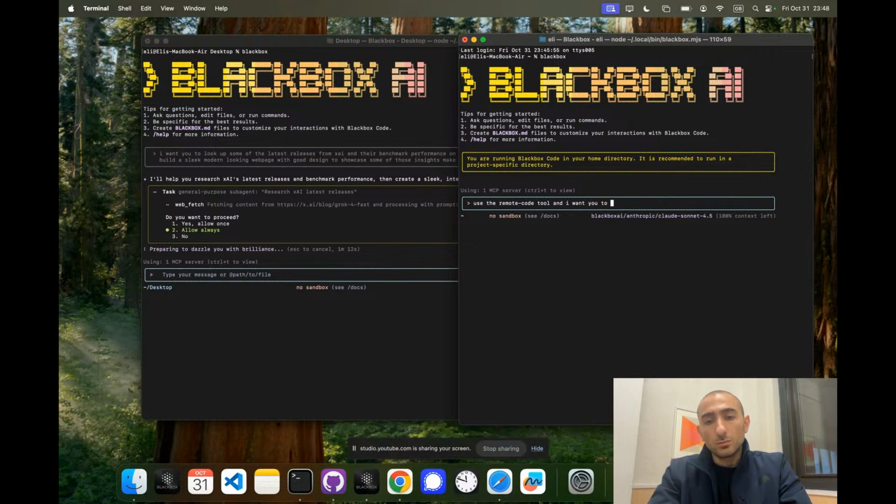I want you to do a task on this repo, remote code, and we're going to give the branch, and the branch name is main team feature, let's say, and the task is to